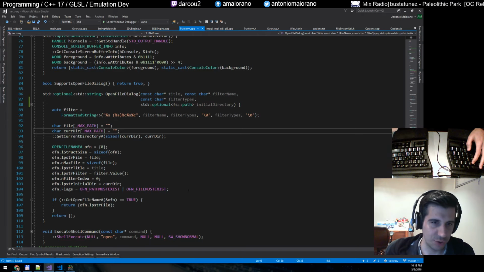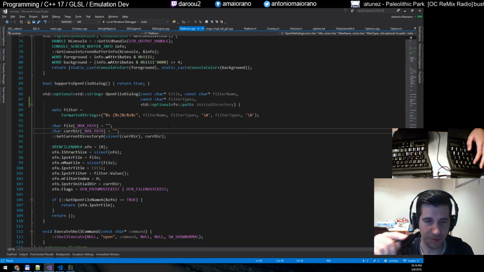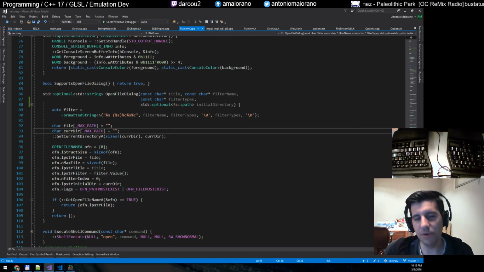So maybe what I'm going to have to do is keep a map of title to initial directory, or add a title to a set, and if we have that title in the set, then I just ignore the initial directory. So we use whatever the last one was that you opened, so that for subsequent opens, I won't force you into this initial directory. But the very, very first time,